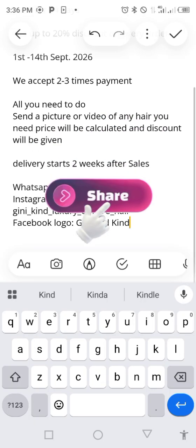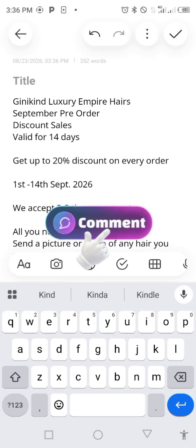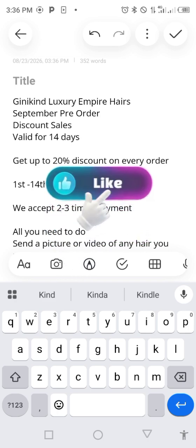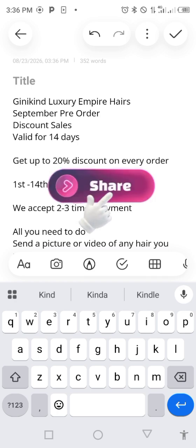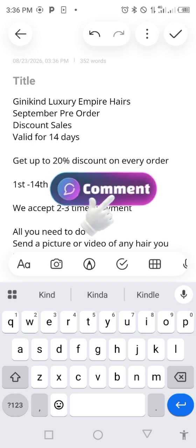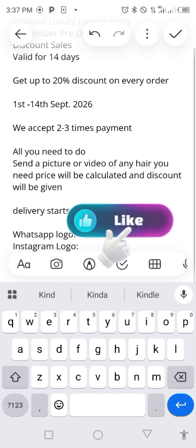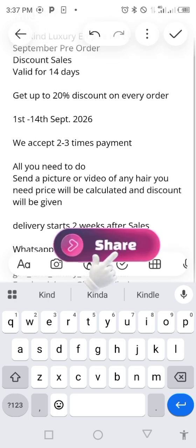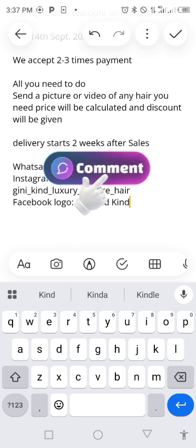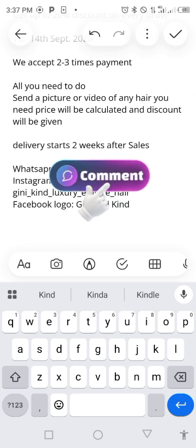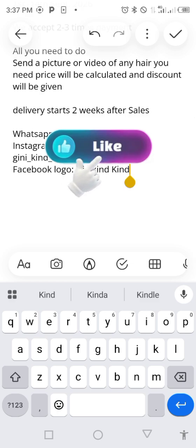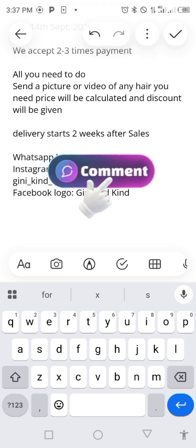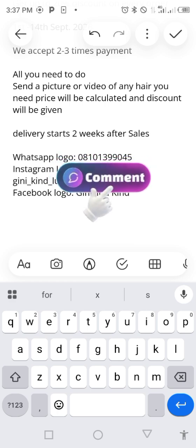What are the things you need in a flyer? For those writing, one, you need the company or brand name. The second one you need is the event or caption title. After that, you'll be needing the date, and if it is a service flyer, you are going to state the services that are being rendered. Then you can actually display pictures to communicate more to the audience or to whoever is reading or viewing it, and then their contact information like WhatsApp,